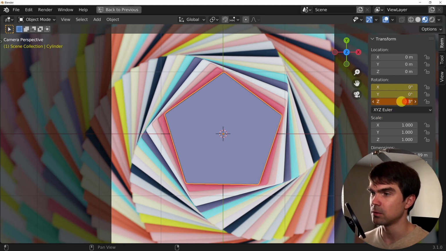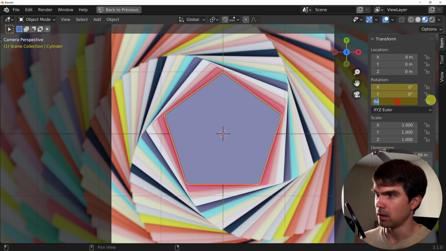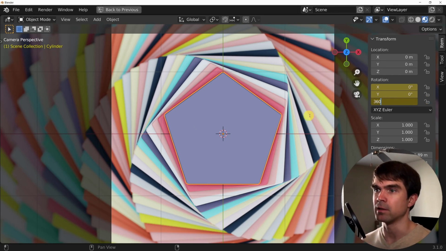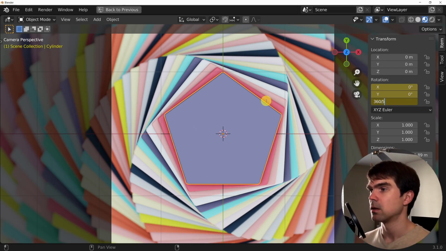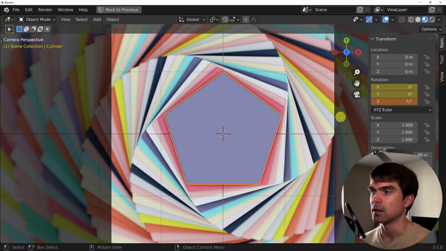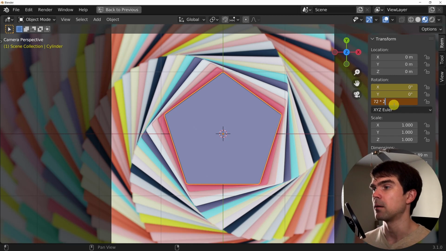If you change the rotation just slightly, by the number of verts the shape has in its base, so for example, if I divide 360 by the number of verts in the shape, that's 5, right? So that's 72. And as you can see, I changed the rotation, but it still looks the same. And that's what I want to use here. So I can just multiply it, let's just say by 2, so it's kind of just turning once, right?